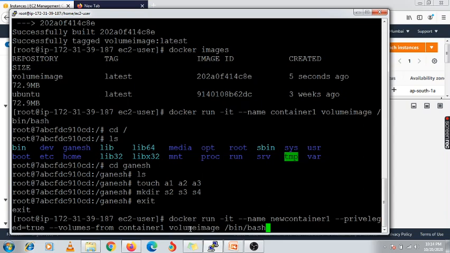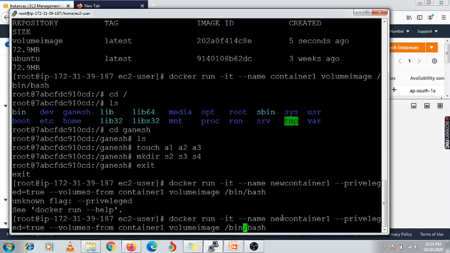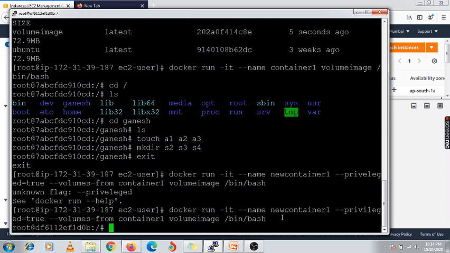From this image I created container one, and using container one I am going to create new container one. Okay, enter. Here it is showing an error with privileged. Okay, equals to, yeah, it's working.